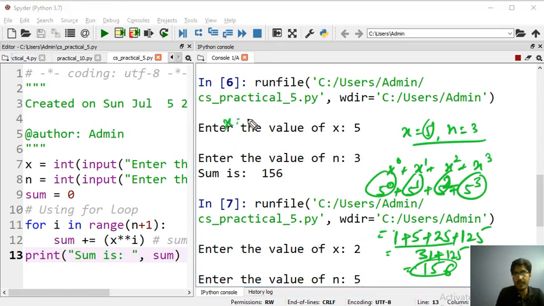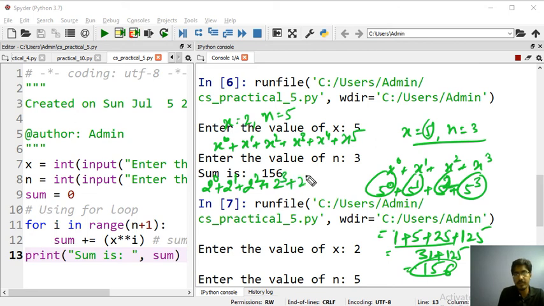The x value is 2 and the n value is 5. We want x^0 plus x^1 plus x^2 plus x^3 plus x^4 plus x^5. So 2^0 is 1, 2^1 is 2, then 4, 8, 16, plus 32.